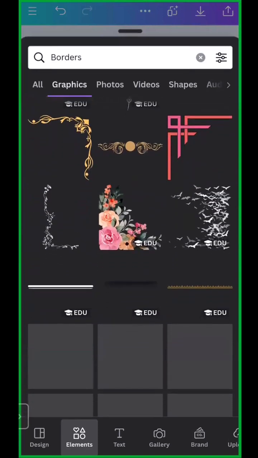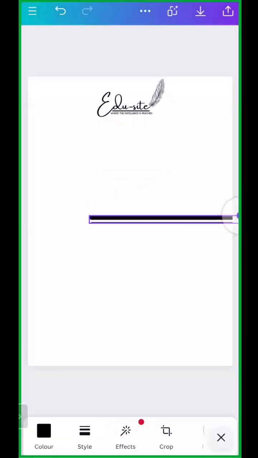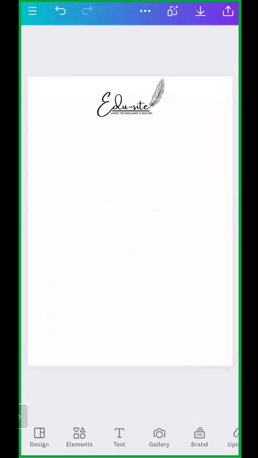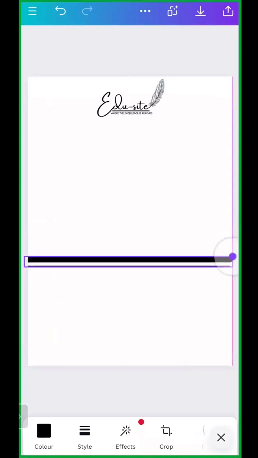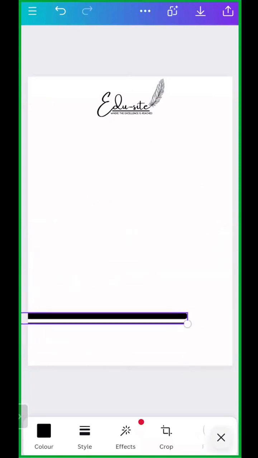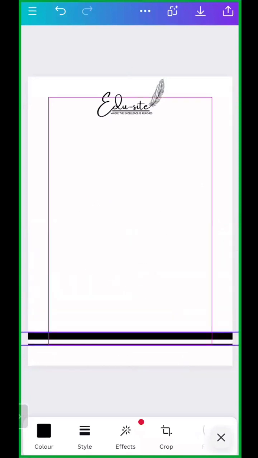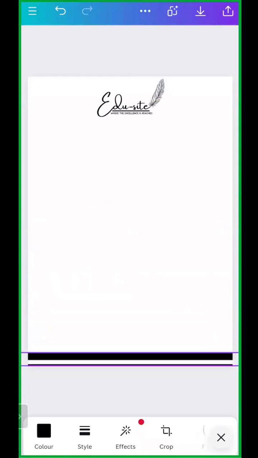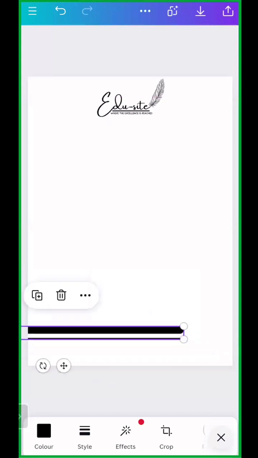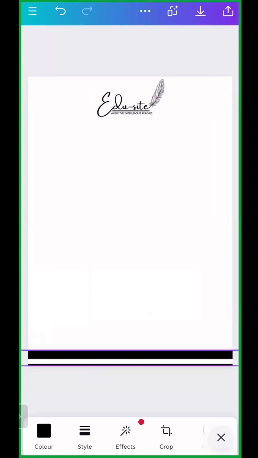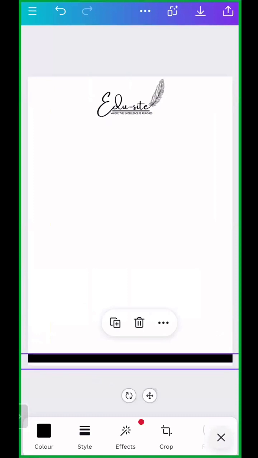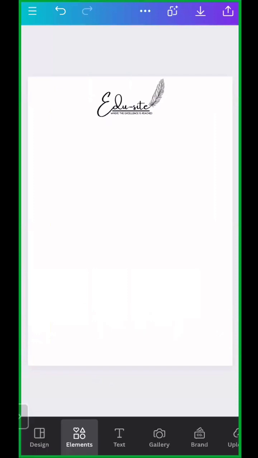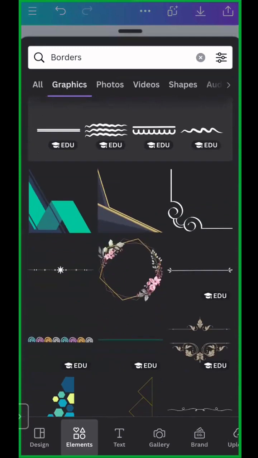If you want just a line, that's all. Can we make it bigger? Okay, we can add a simple black line, and you can add everything in a small pattern, whatever you want. The phone number, an email ID, and something like this. You can just add it that way, or you can add a few beautiful borders from the elements,